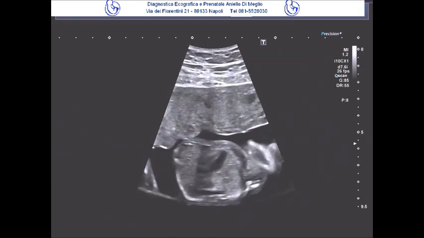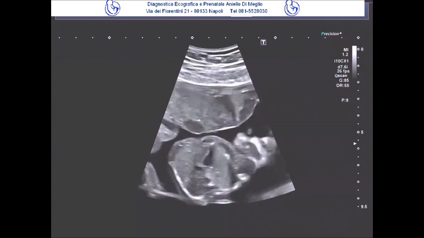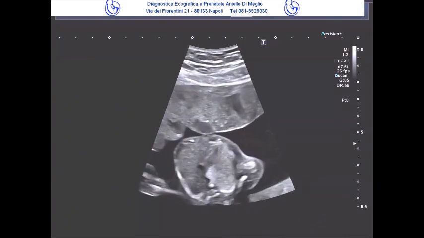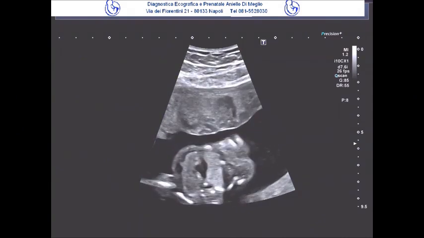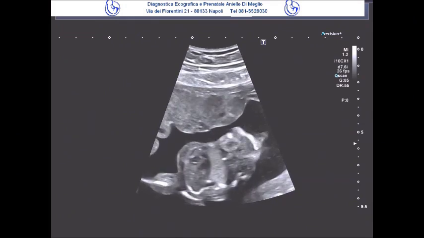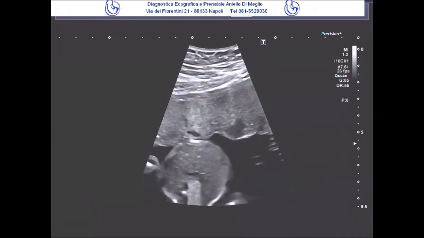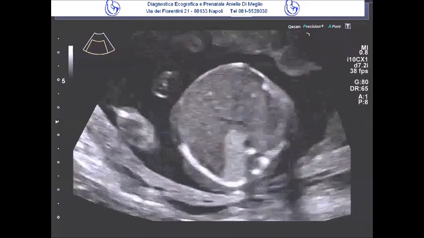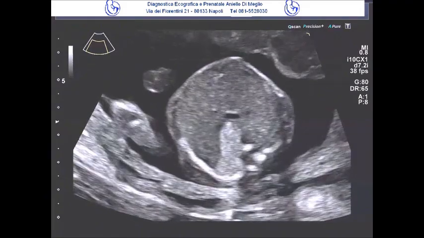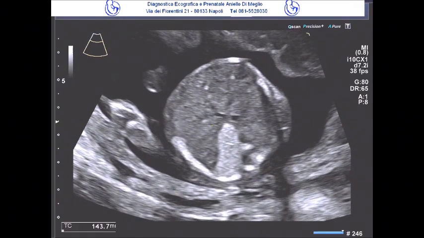Dear colleagues, today we are presenting the clinical case of a patient who came to our attention at the 19th week of amenorrhea for a routine second trimester screening ultrasound examination. During the ultrasound examination of the fetal heart, and in particular while passing through the four-chamber view, our attention was immediately drawn to the presence of a homogeneously hyperechoic pulmonary mass, measuring 21 by 9 millimeters in the left